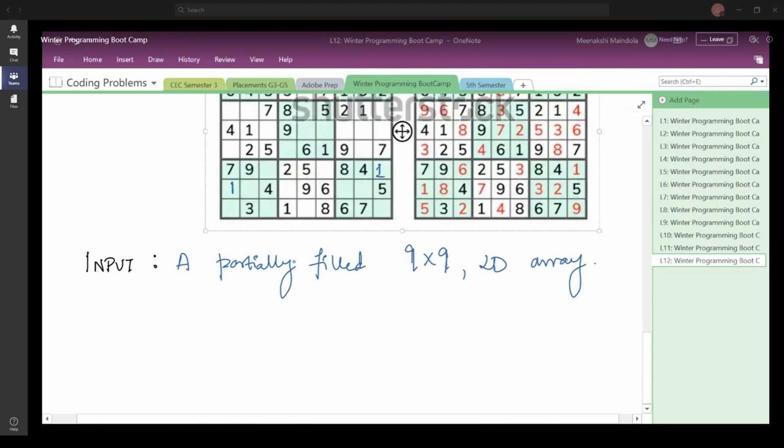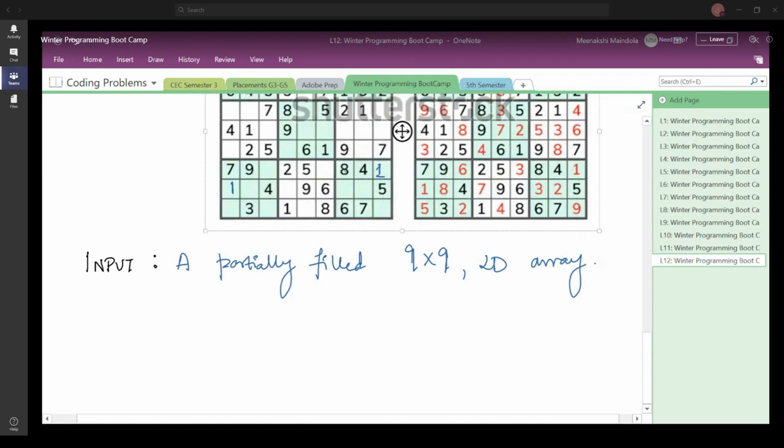As we looked here, the input that will be given to you is going to be a partially filled 9x9 2D array. By partially filled, I mean I am going to have a 2D array which is 9 into 9, so 81 elements are going to be given to you in the form of input, like you simply take input of a 2D array.